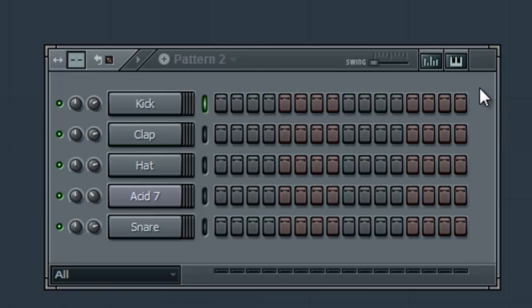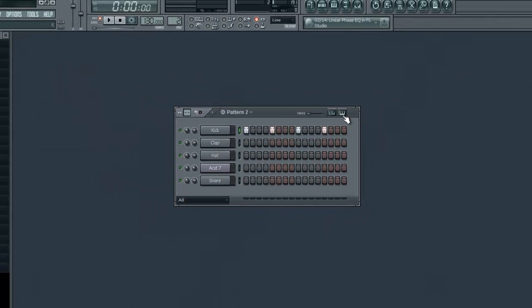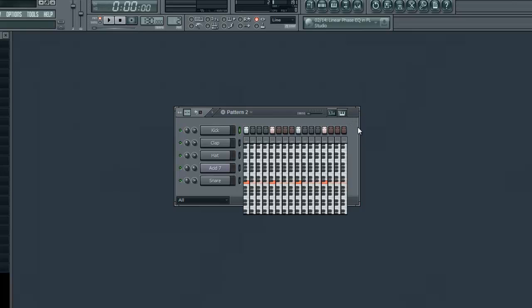I want to show you a couple of features now which admittedly you'll probably never use or very rarely use, and they're kind of remnants of older versions of FL Studio. That's kind of why they're kicking around. We'll do it with the kick, so we'll just put those 4 beats back in, and this keyboard icon in the top right corner of your step sequencer, if you click that, it will bring up a keyboard, and